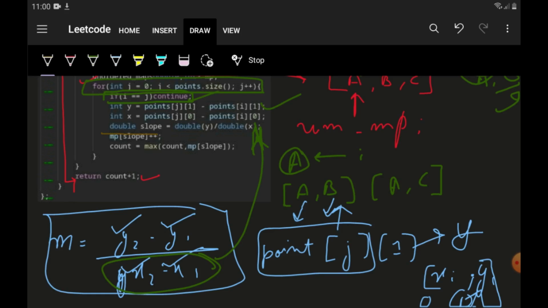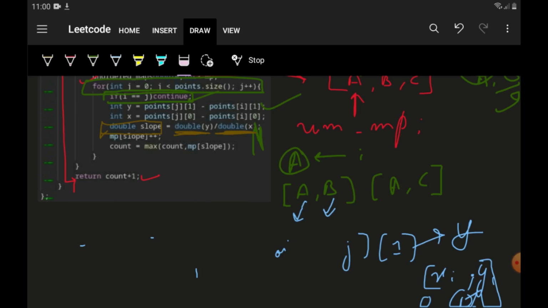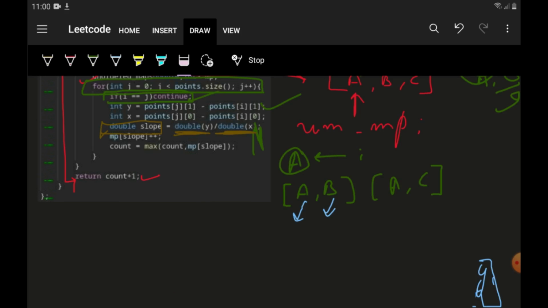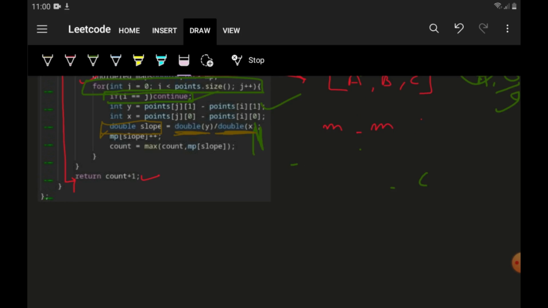The slope is going to be a decimal value, so I'm using a double to be safe. You can use float also. Then I'm typecasting this y and x to a double and just dividing them. Let me clear some space. So after doing this operation, we will get